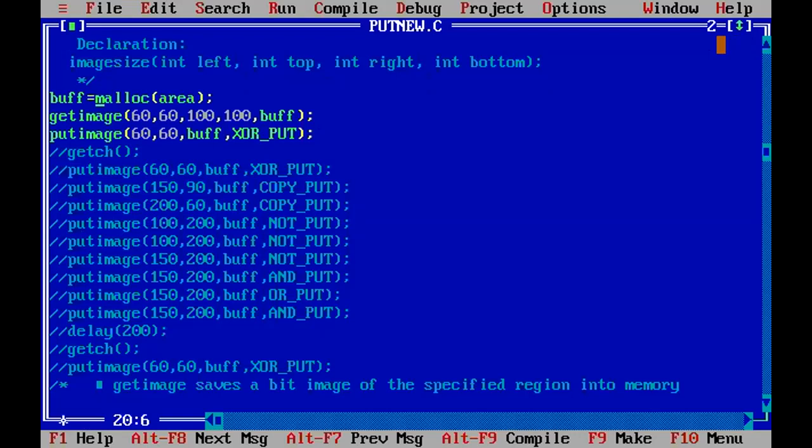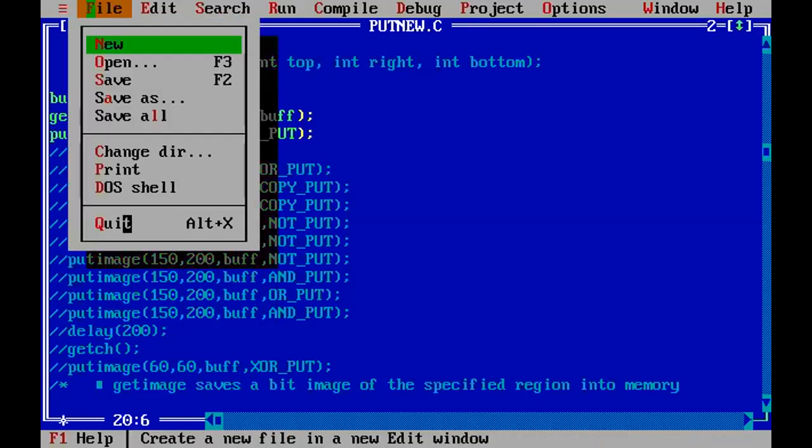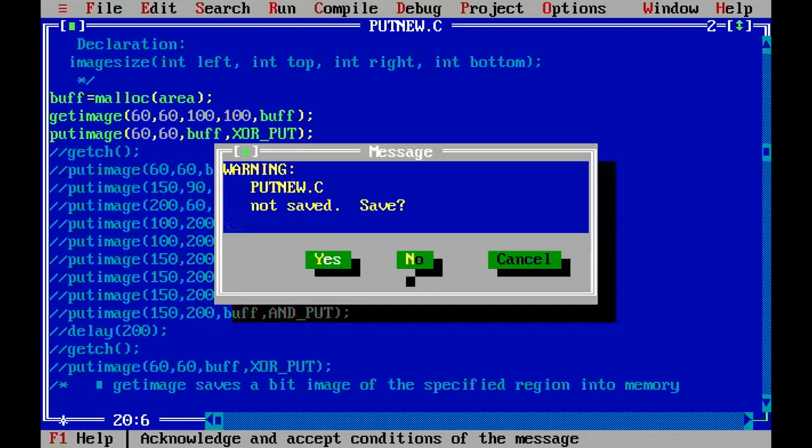That will be better. This will be the work for you: rotate a ball in a circular motion, which you have done earlier by hiding the circle and showing the circle one at a time. Now you will perform it using the put image, get image, and image size functions.